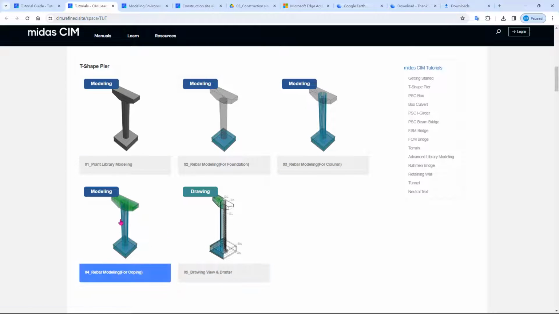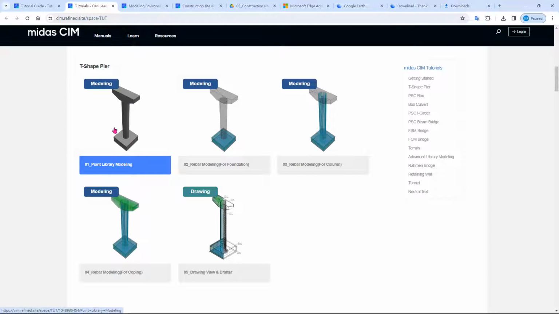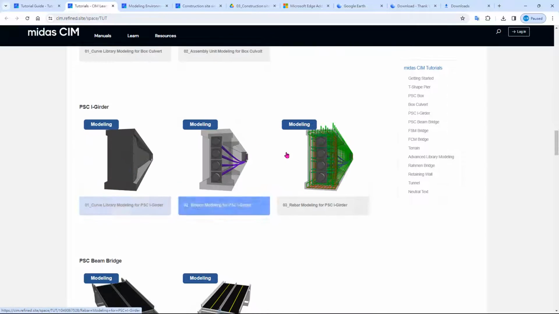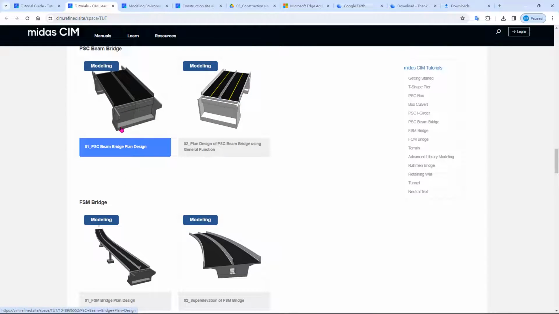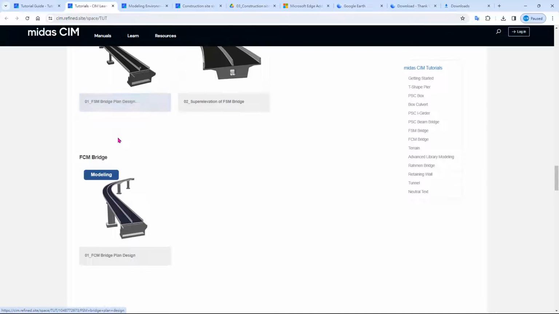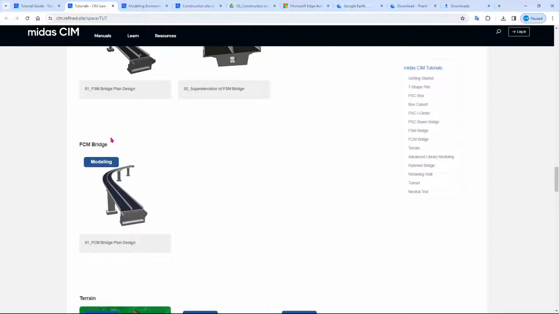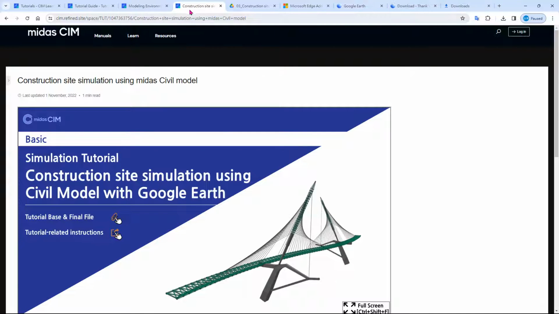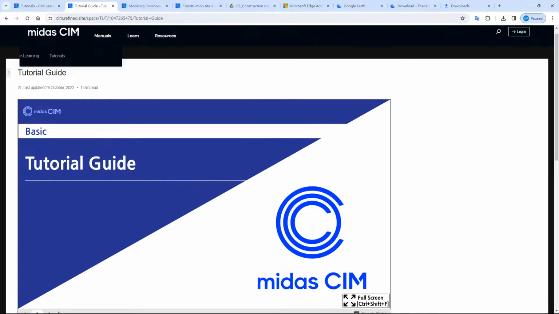This will be creating a single point model, and in here this is a PSC box, so it will be creating a whole model and etc. So all of this can be accessed by you guys, but today we only will be starting the classes regarding the tutorial guide, modeling environment, and construction site simulation. So we first move into the tutorial guide.